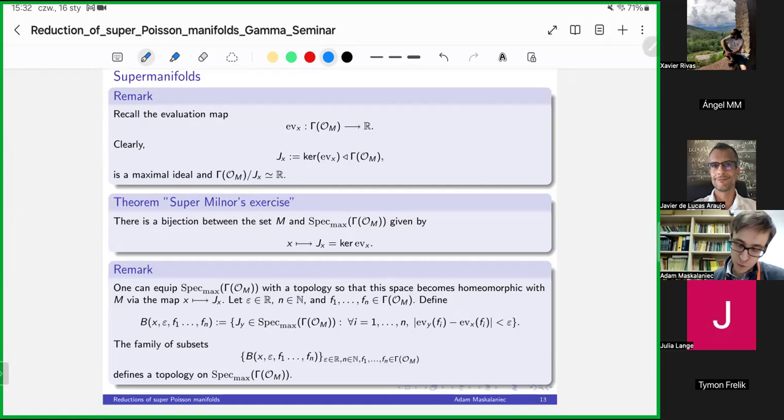Moreover, if we want to recover the topology of M on the set of maximal ideals, the procedure is very similar, but we take these evaluation morphisms, so we again lose all information about the nilpotents in the topology. It is very similar to the algebraic geometry setting, when we are given an algebraic variety and its reduced part: both have the same topology, but algebraically they are different.